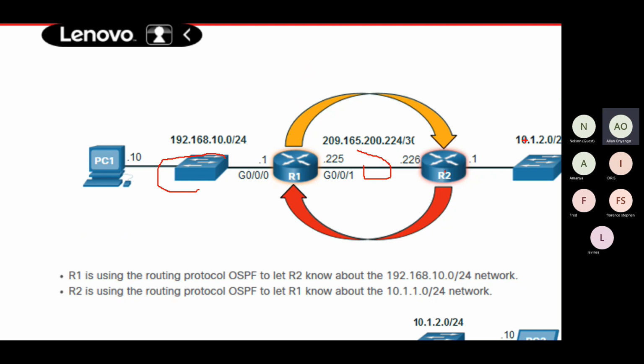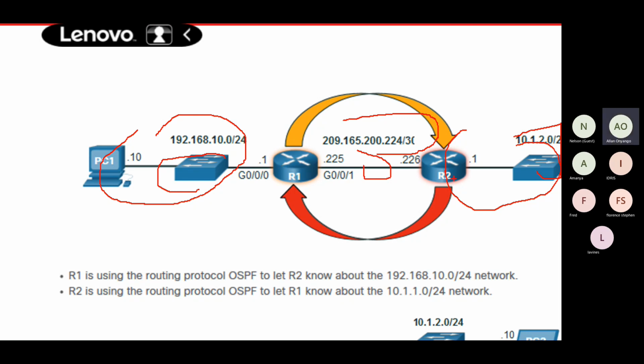R2 also has two directly connected networks, this one and the one they are sharing here. For R1, this is a remote network, and this one here is a remote network for R2, because it is not directly connected to R2. So what R1 will do,